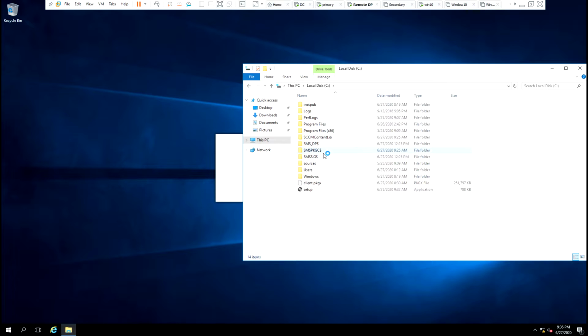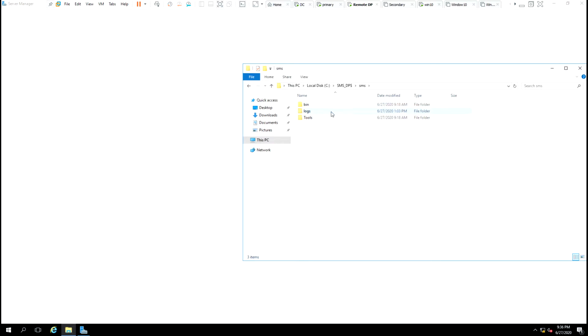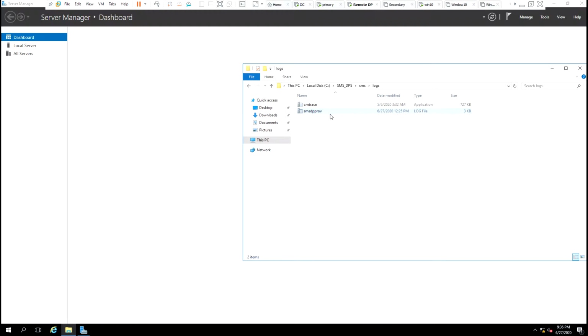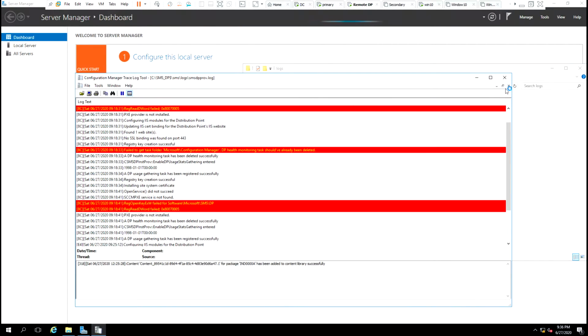So we have to go and see in this folder, SMS_DP$. We have to open this folder, and here we will get our log file, the SMS DP Pro log file. Open this log file,